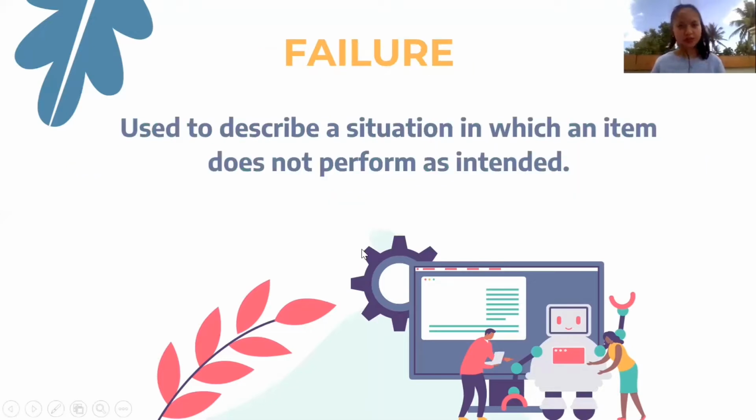So, failure is used to describe a situation in which an item does not perform as intended. So, if those 5 characteristics are not met, or one of those 5 characteristics is not met, the probability, the intended function, the satisfactory, the specified period of time, and the specified condition, syempre magkaka-failure yan. Kasi nagbihira lang siya. For example, yan sa skincare, bihira lang mag-work or depende sa skin type lang ang nagwo-work na blackhead remover. Sa intended function, di siya nag-remove.